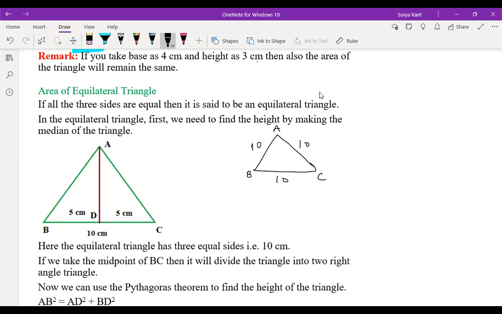The height minus base, you get the hypotenuse. Okay, so this is not that. See, Pythagoras is used only for a right angle triangle, right? But here this is an equilateral triangle. Where is the height? So you draw an imaginary line from A to the middle of B and C.